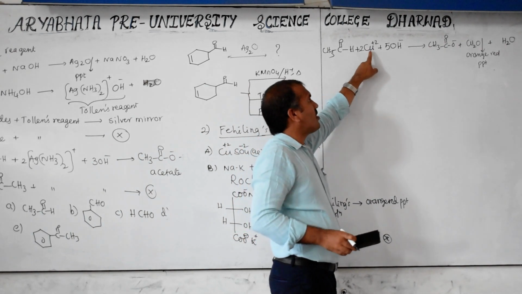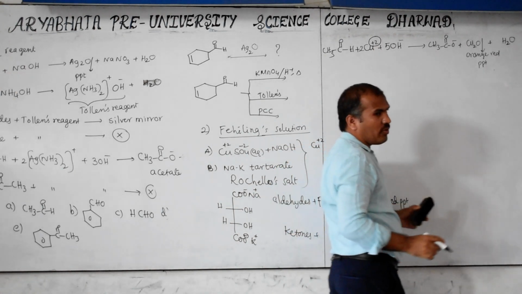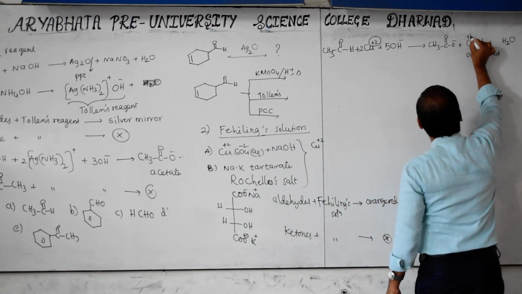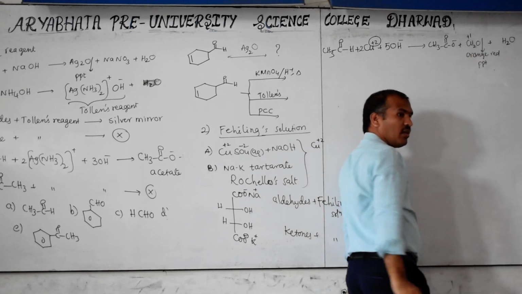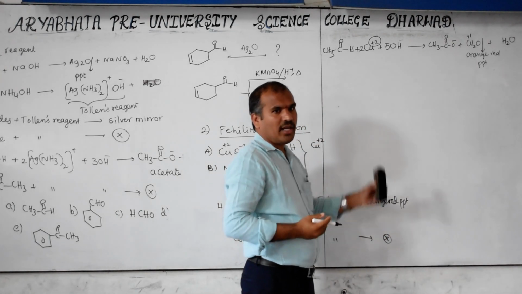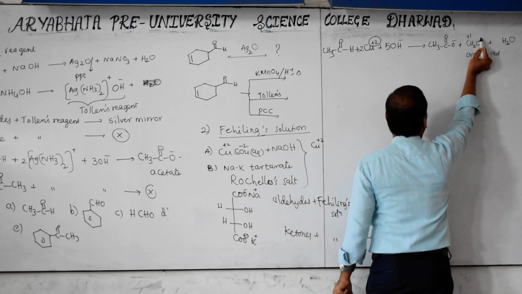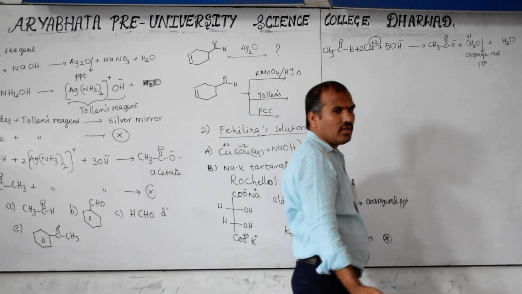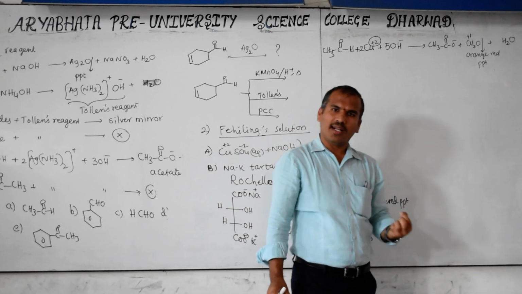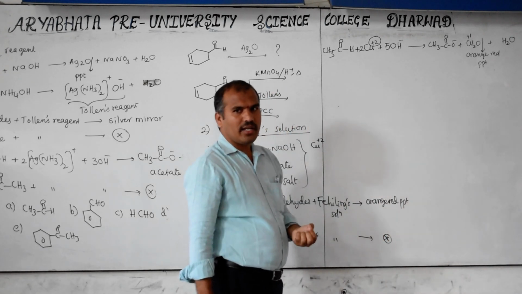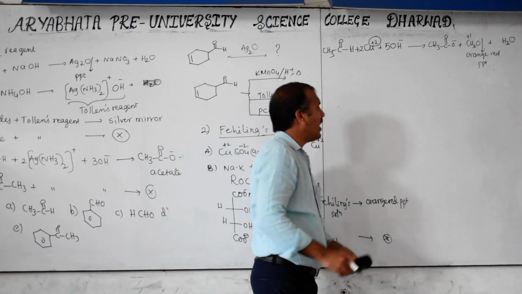Now observe here. What is the oxidation state of this copper? Plus 2, already given in the plus 2 form. What is the oxidation state of this copper? Plus 1, because you know very well, by crisscross, here 1 and this is 2. Oxygen is minus 2, cross, and copper plus 1 cross. If it is 1, there is no need to represent it, and oxygen is generally in the minus 2 form. So copper goes from plus 2 to plus 1, the oxidation state decreases. This indicates that it itself is reduced and oxidizes the other. So this is also an oxidation reaction.